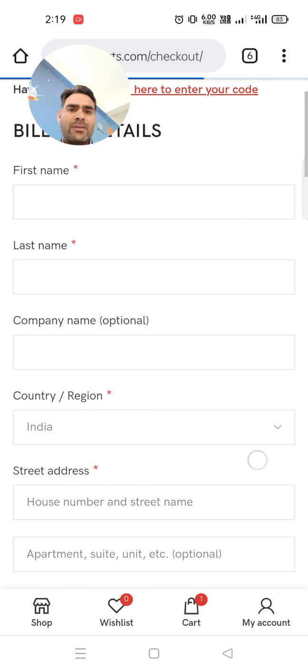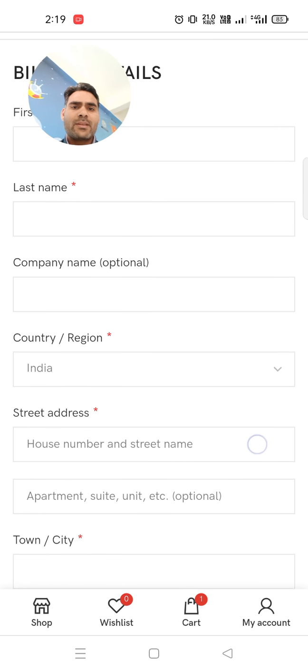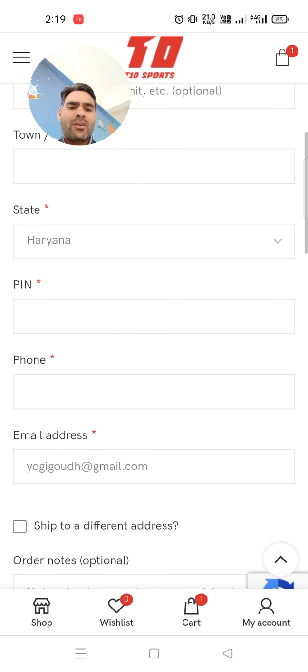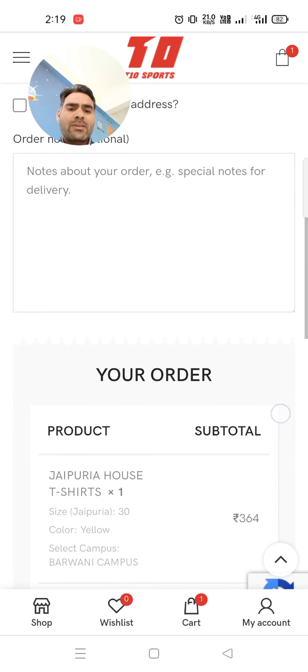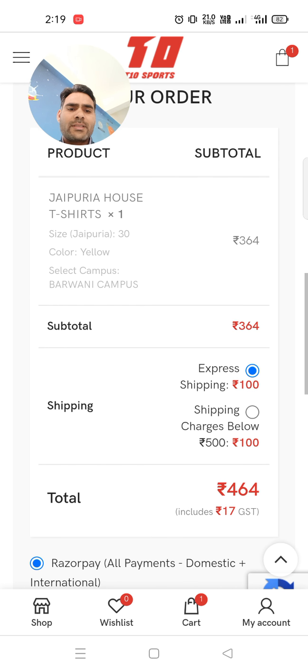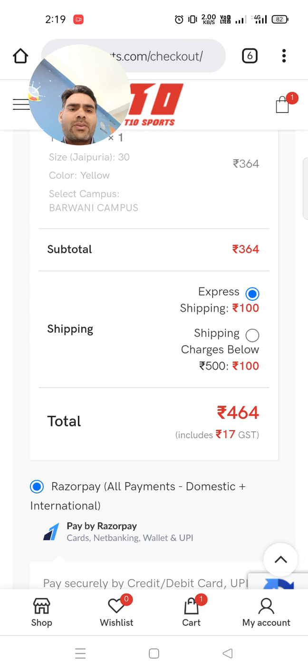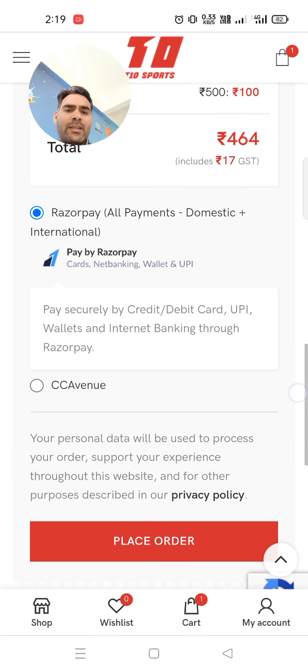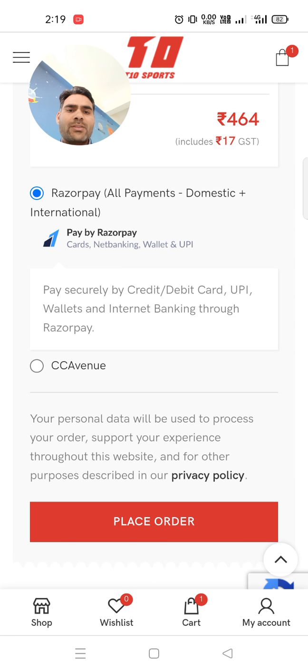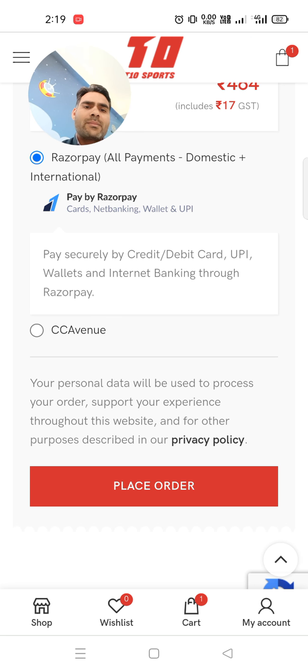You write your address and whatever details are needed, and you can order easily. The cost is 364, and there may be some shipping fee, and then you can enter the amount and place the order.